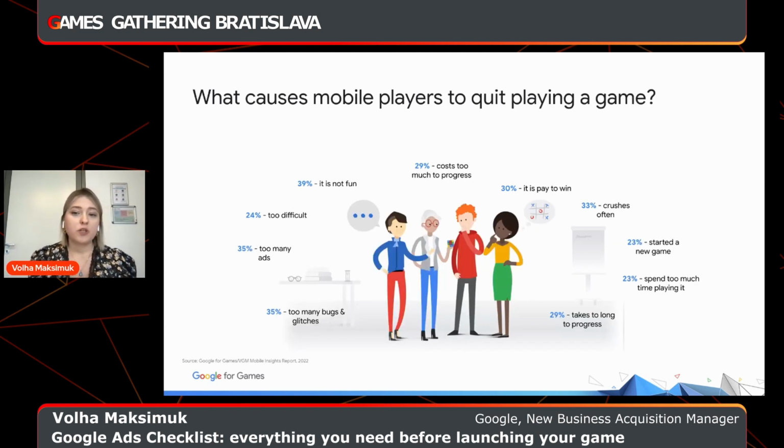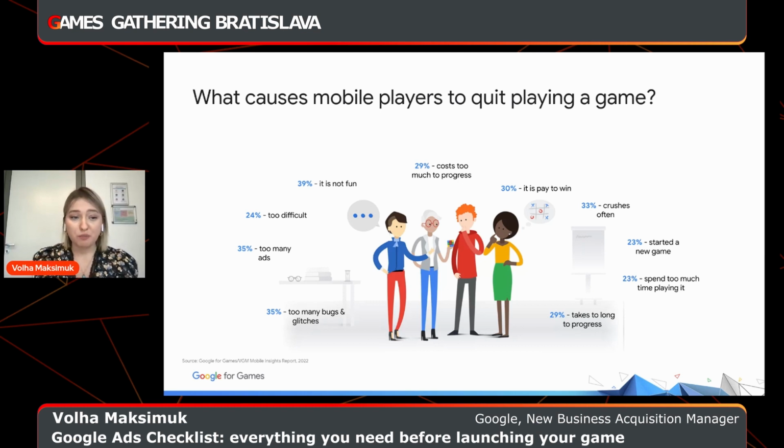And interestingly, when we talk about things that keep people interested, we discuss a lot of things that are rather emotionally relating, right? It's gameplay, it's being interested in it, it's having great time playing it. But when we are discussing top 3 things that make players quit, they are way more operational. It's bugs and glitches, it's too many ads and too many crashes in the game. And those are the things that you should also obviously take in consideration and generally keep in mind.